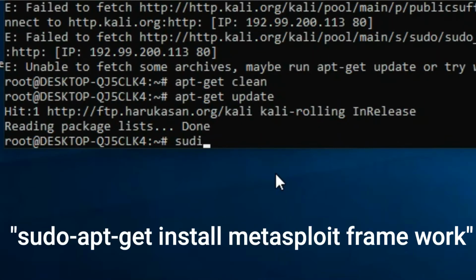Now this is an additional step I am telling you, which would be to have all the tools which are required for Kali Linux. So penetration testing tools, whatever they are, you have to download all that. I am not downloading here, but I am telling you how you can download this. For downloading this, you need to type sudo and then space and then apt and then hyphen and then get and then space and then install and then metasploit and then hyphen framework.